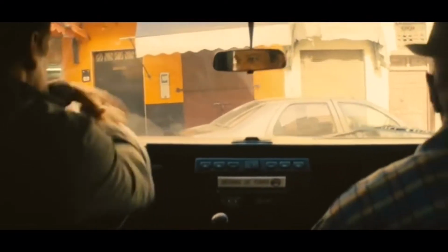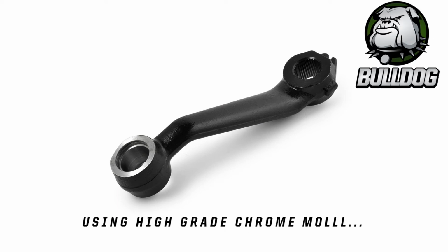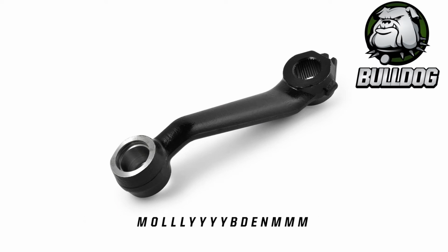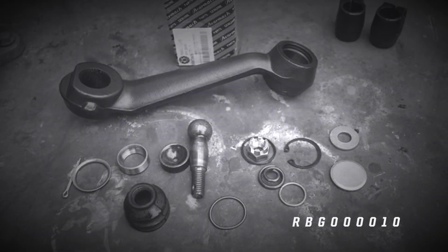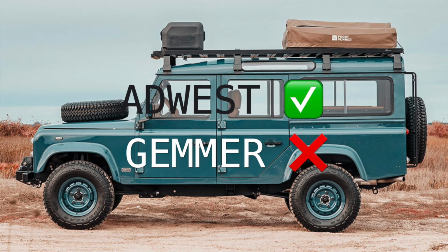quicker steering. It's a one-piece forging made in England using high-grade chromolybdenum, supplied fully machined, painted and ready to accept the ball joint RBG 000010. The steering drop arm is the integral ball joint type, suitable for all Adwest power steering boxes, but not